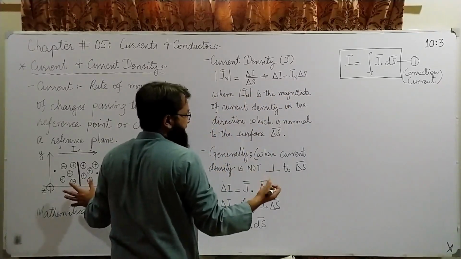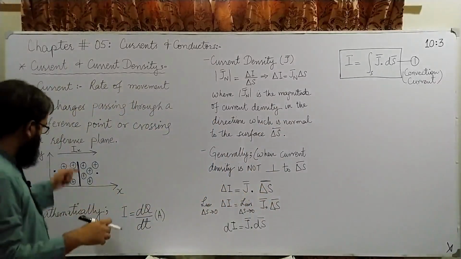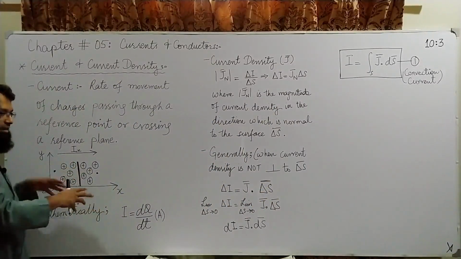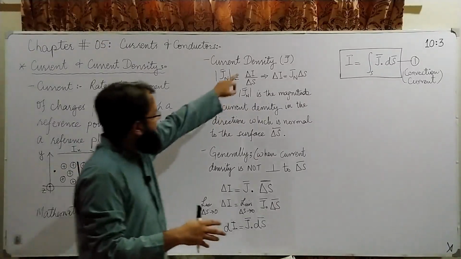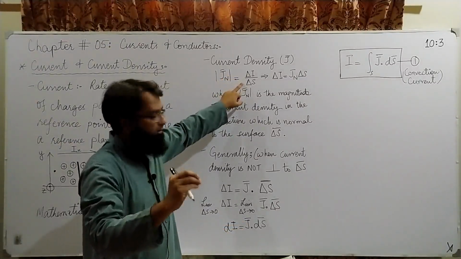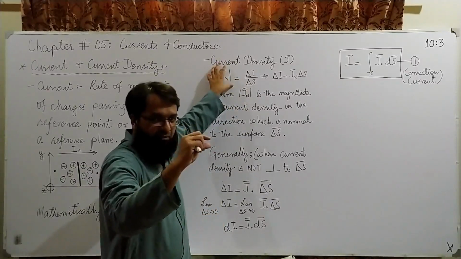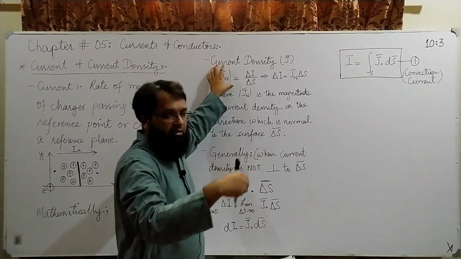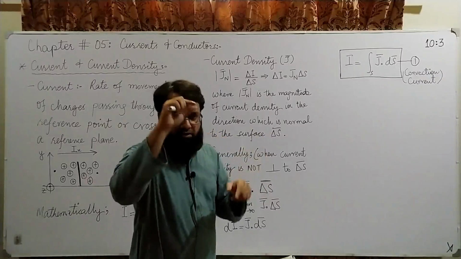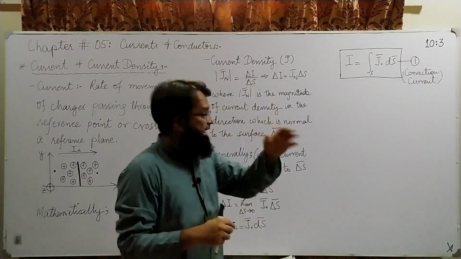What is the density? Density of current. So definitely if current is more dense over a surface, the numerator will increase and the surface would remain the same, approaching 0 later on. So current density would increase over that very small surface, which will be converted to a point later on. So if more current is passing through a point, we'll say that current density is more at that point.